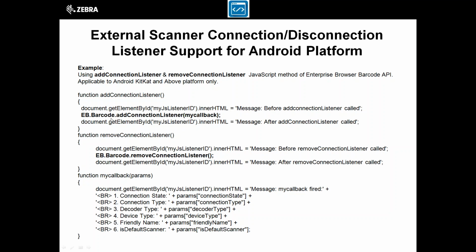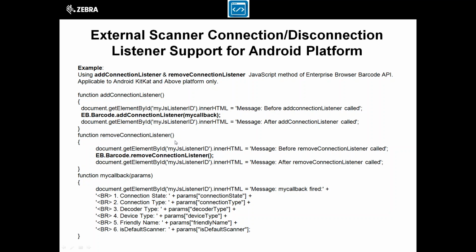When the add connection listener method is invoked, and the particular external scanner or pluggable serial scanner is disconnected or connected, the my callback method will be fired, and it will contain the data with respect to those hardwares which have been connected or disconnected. Here also we are getting the information related to connection state, connection type, decoder type, device type, friendly name, and is default scanner.